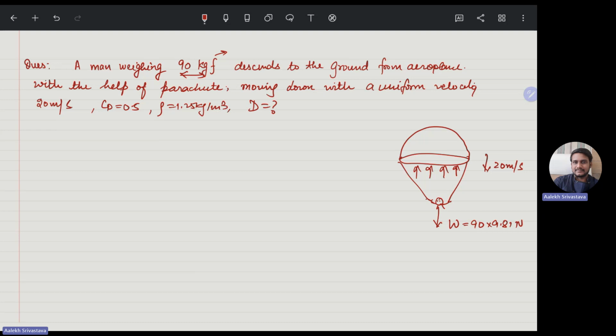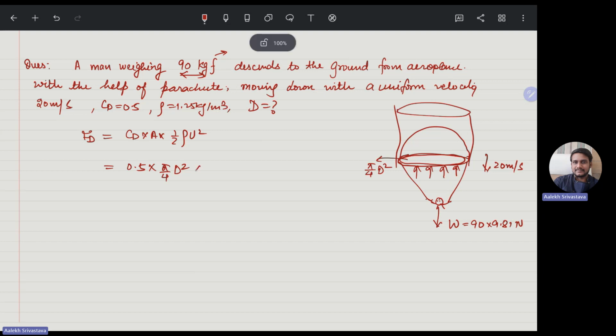Now, what is this drag force FD? It is CD into area into half rho U square. CD is given 0.5. Area is the projected area over which this is happening, which is pi by 4 d square. This is the total area of the parachute, because the parachute looks like a circle. So it is pi by 4 d square into half